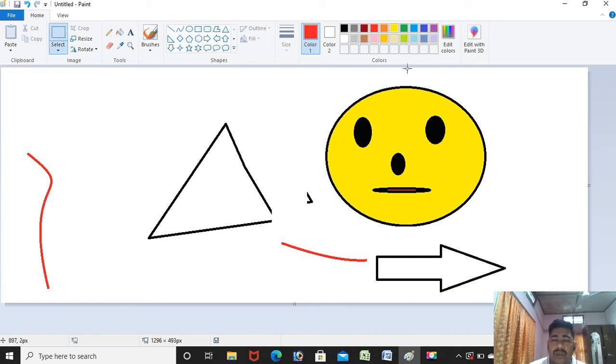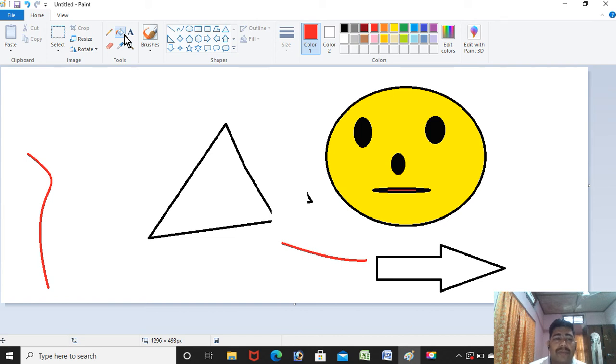So we have already completed the different tools, and even you can see here that these are your color tools. Okay, different colors are here. These are your color tools. Then these are your shape tools, brush, text tool. Okay, then this is your color tool. With this help we can fill the colors.